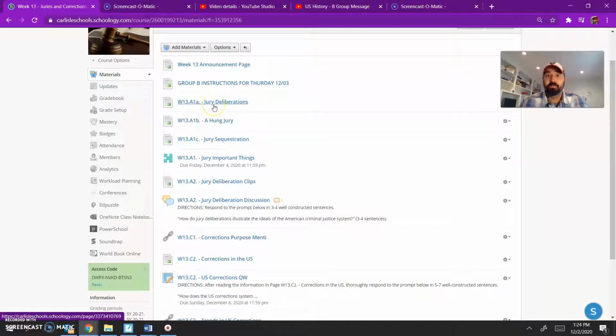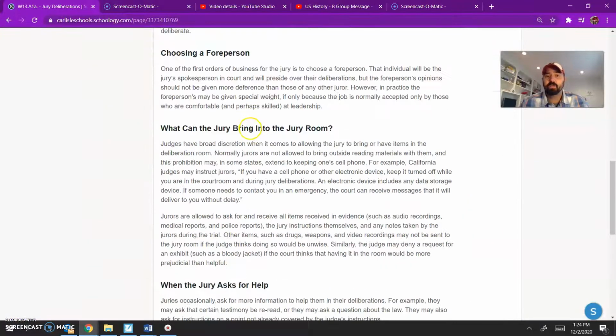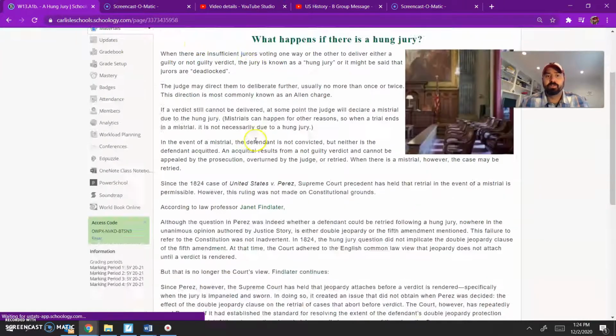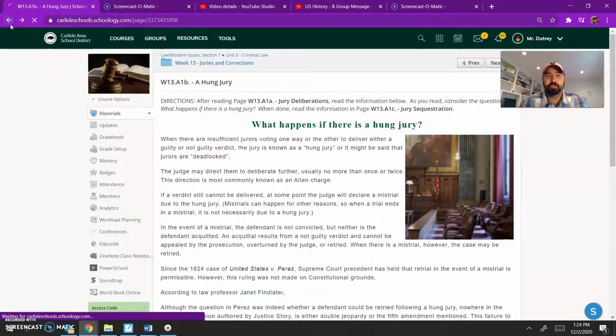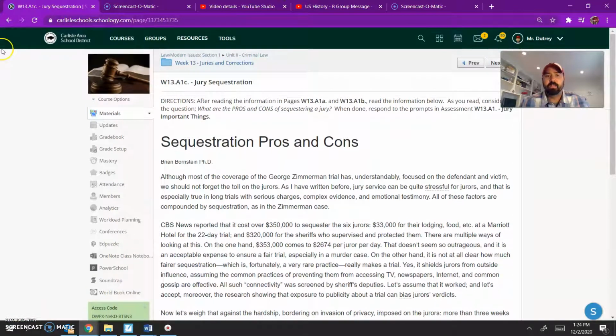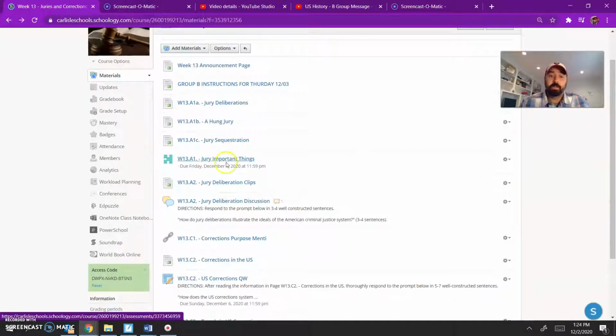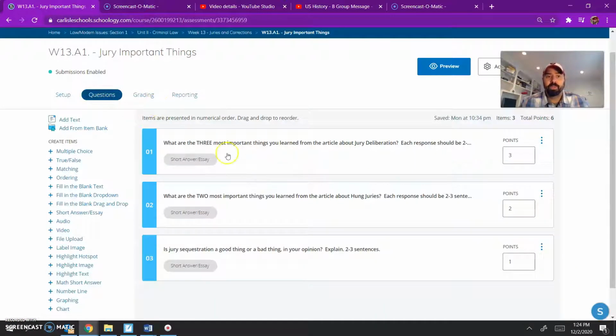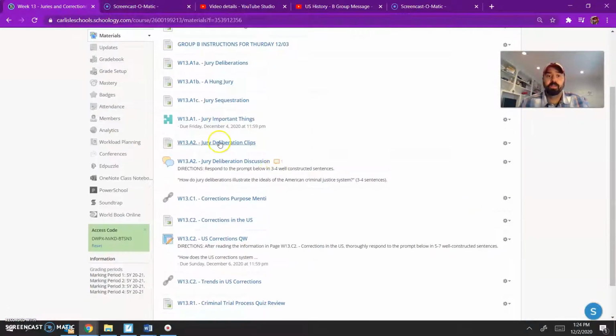These are three different readings that, instead of giving you a short assignment for each of them, are all dealing with different aspects of a jury and when they are coming to their decision. Very brief readings, all of them. One activity to go for all three. Three important things about your first article, two important things about your second article, and then the last one's an opinion question. Make sure you back up your opinion on your third article.